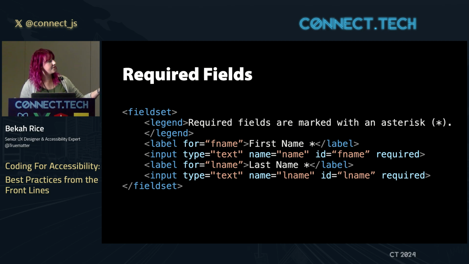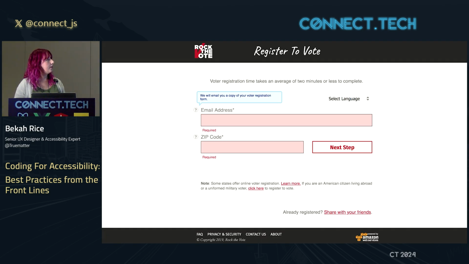Lastly, if it's in a field set, you would make sure that the legend is actually stating that this is a required field. Because if you heard in that example, I never heard that the fields were required at all because I was in forms mode. This is one way to make sure that your instructions, or in this case, any kind of commands about the fields are read by the screen reader. So another thing that didn't get read at all was that tooltip, because I couldn't interact with it with my keyboard, so we never heard it. And that seems like pretty important information that I would have wanted to know.